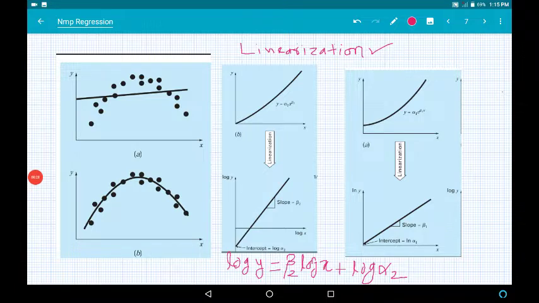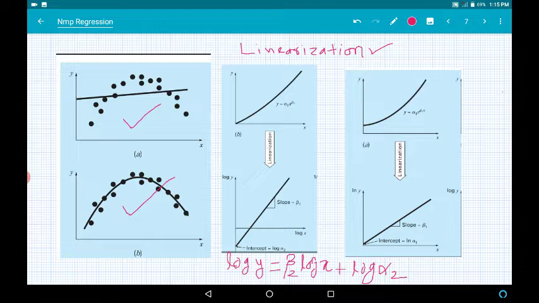Now moving ahead, you can come across situations where the points are such that you cannot fit a straight line to them. Even if you try to fit a straight line, the fit will not be good at all, and you will have large errors. For example, you see here in figure A, the points are in such a way that you cannot fit any straight line to this, right? So in such a case, what to do? You can fit a curve to this, as shown in figure B.